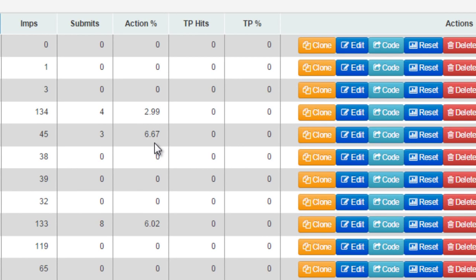And then of course the TP hits are the number of impressions of the tracking pixel, which you're actually allowed to get a tracking pixel and put it on your thank you page so you can see how many actual conversions that you're getting. And then of course you got TP percentage, which is the conversion ratio for impressions versus tracking pixel hits. Now, not only that, you're also able to sort these columns, and if you want to clone a campaign or